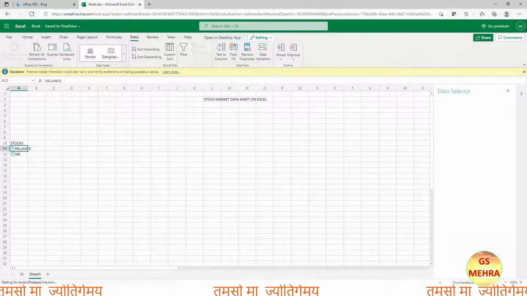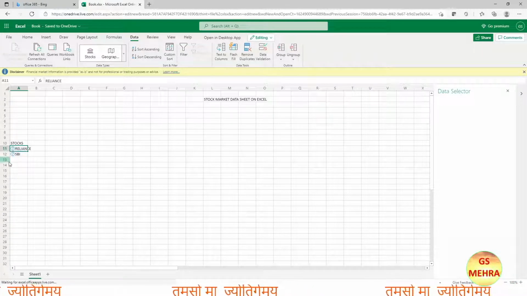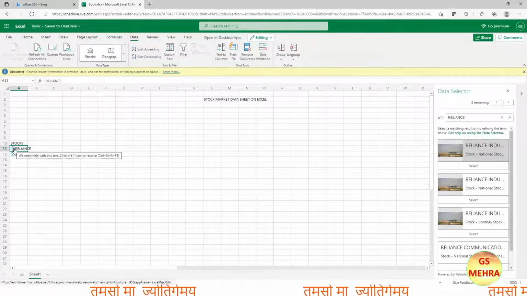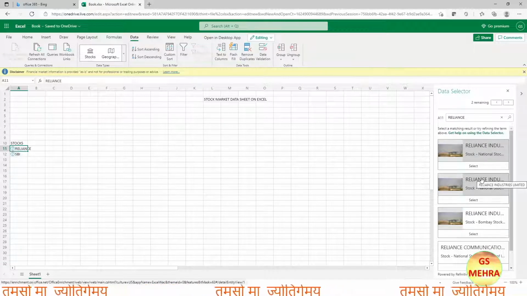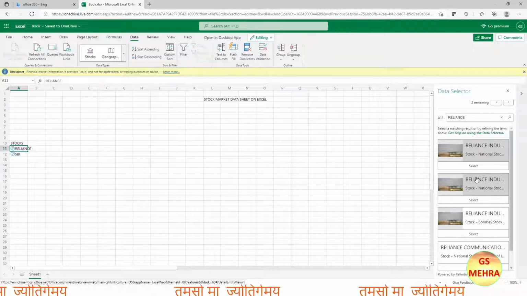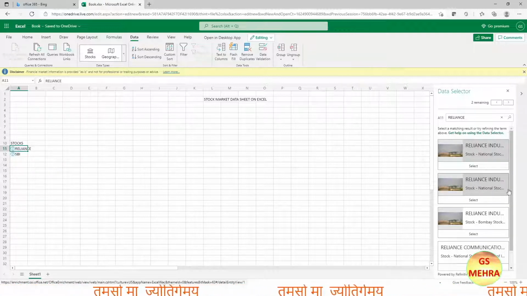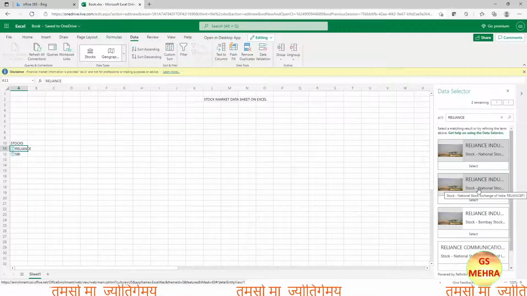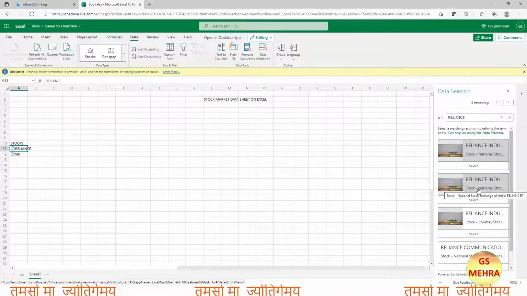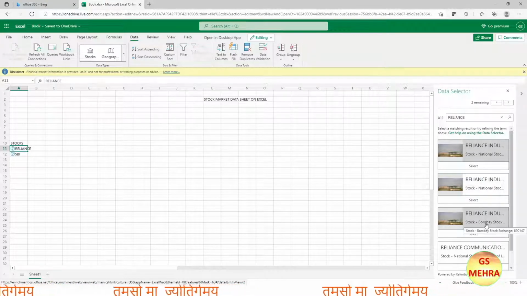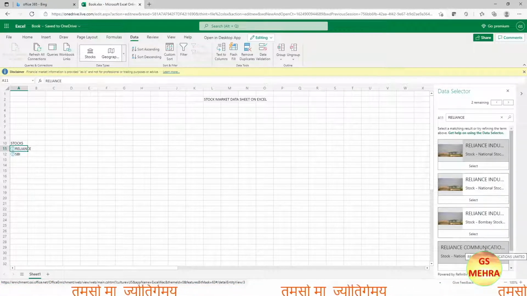The question mark is there because the stocks can be purchased from Bombay Stock Exchange or from National Stock Exchange. We click on the question mark, so many options are there. Here the second one is looking like Reliance Industries. Let's see again. So it is Reliance P1. The third one is Reliance Industries, but from Bombay Stock Exchange, that's BSE.